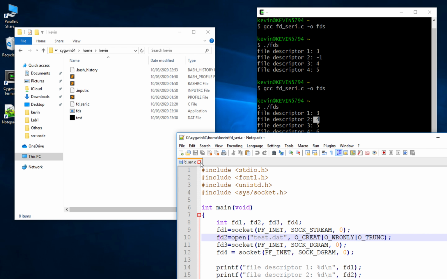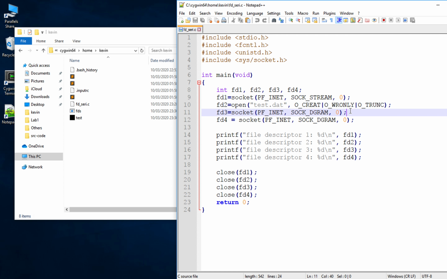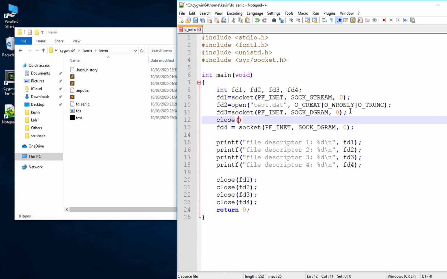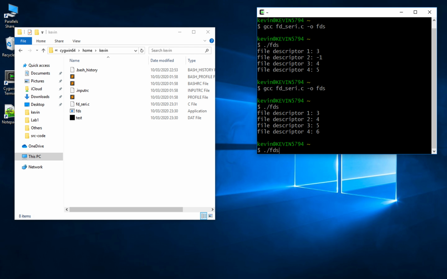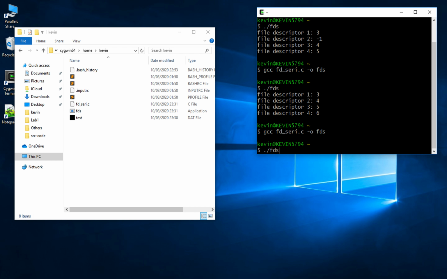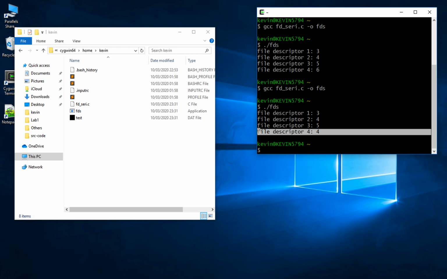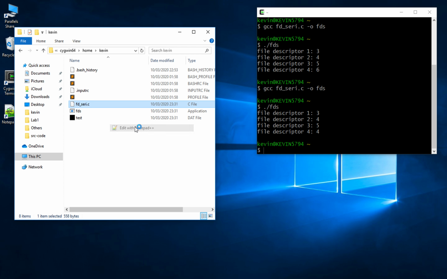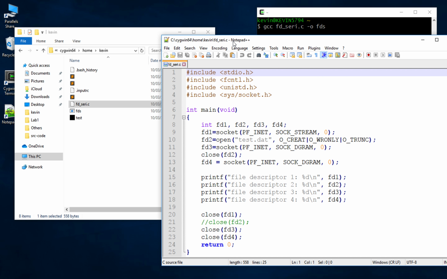And now if we put that close function call here, if we call close fd2 here and get rid of this close here, what we will be seeing is we will have the 4 repeated again. That means the file descriptor 4 was released. And I hope that was clear, and I hope I didn't confuse you after this a little bit modified